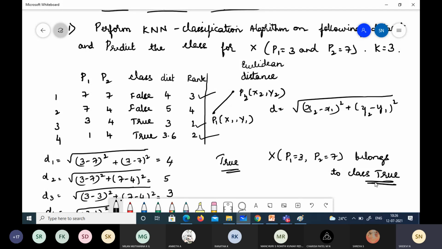And as we can see here, we have two records which belong to the true class and one which belongs to false, and we take the maximum vote in this, so that is true. So we can say that this test record belongs to class true. Okay, we have classified it, we have predicted the class for this record, and the neighbors which are considered